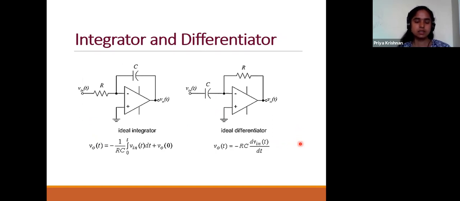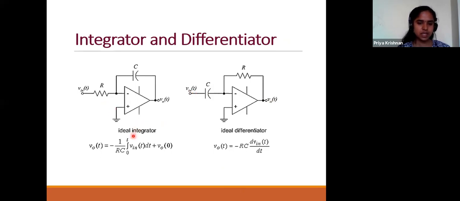Next it is the integrator and differentiator. You are able to integrate the applied value. Integration and differentiation are the main mathematical functions. Whatever you apply to the op-amp, you can design your op-amp as an integrator. If you apply 5 volts, you can integrate the 5 volts. If you apply 5 volts, you can even differentiate the 5 volts. That is one of the operations you can mainly do using op-amps. So we will go into the circuit diagrams, how to do that.